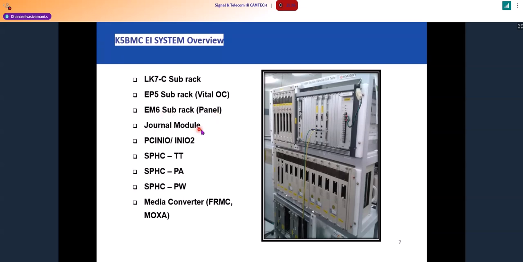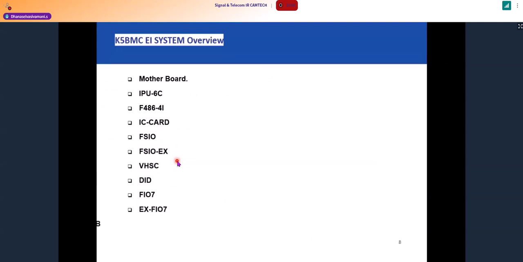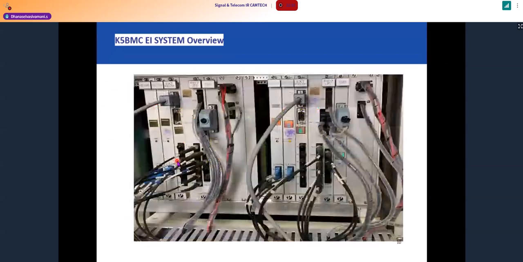And zonal module, earlier days we were using the zonal module for the data logger. This is the zonal module. Nowadays we are not using this. We are using it directly from FIO7P. And PCINAO, remaining PCINAO, it is used in the PC. So this is the basic overview of KFA BMC. Okay. Now with this